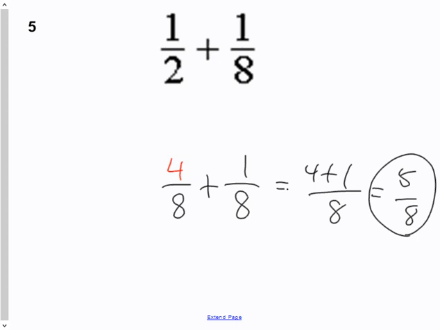Again, if you got that wrong, please make sure you note all those things, even the things I erased. Go back and press pause so you have a copy of what it was you did. And the next time we do it, you can hopefully do it right the second time.